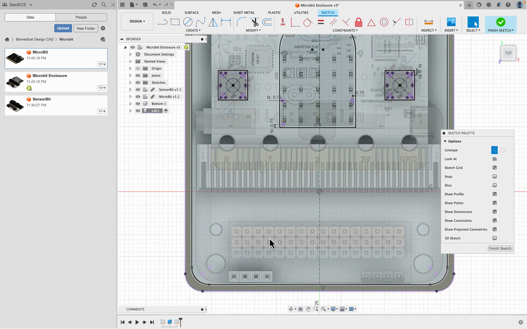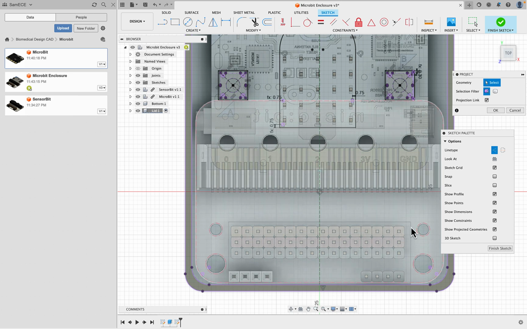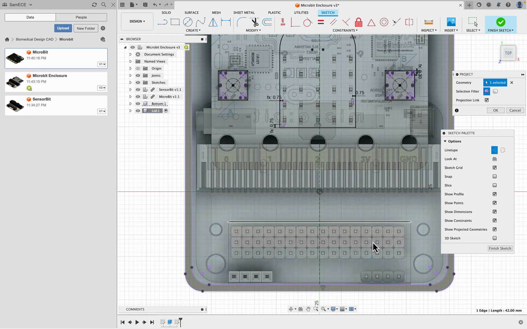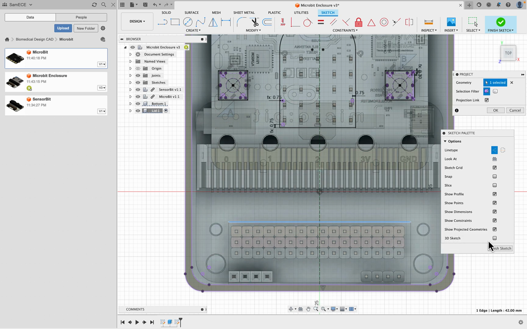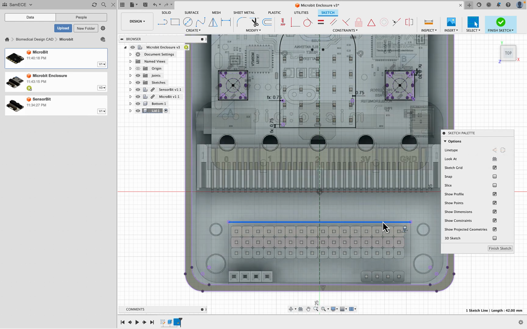So once more, we will create a rectangle conforming to the one at the bottom, so hit P. And I actually can't gain access to them because, again, we have geometry in the way. But if I click and hold, then the edge will be available. And I'll just do that edge singly. So hit OK. And this should not have been a construction, so I'll just make it a full line and hit L